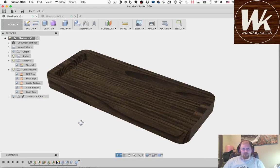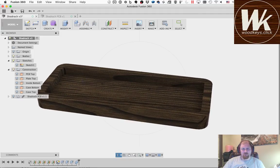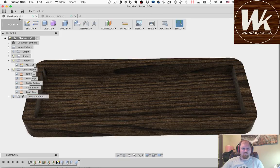Yeah, already starting to look like a case. Pretty much the only thing left to do to make it into a real case would be to cut out the USB port, and then it could be a functional case. Sorry, trying to get back to the chat over here. Okay, there we go. The next thing we want to do